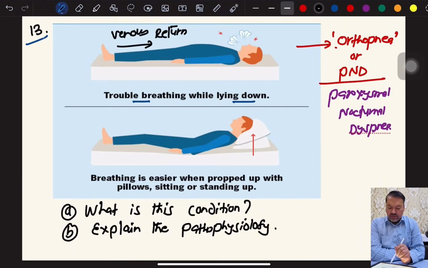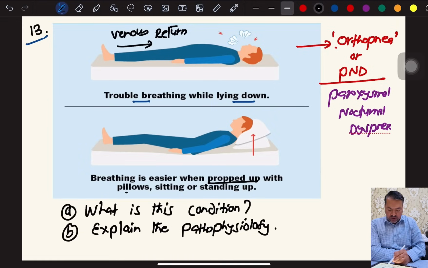So when the increased venous return occurs to the right side of the heart, all that blood will ultimately go to the lungs, and our lungs will be handling more blood. So that will aggravate the situation, and the person will have shortness of breath. Now to avoid this, the person will attain the propped up position,